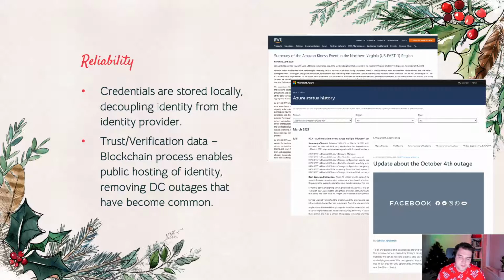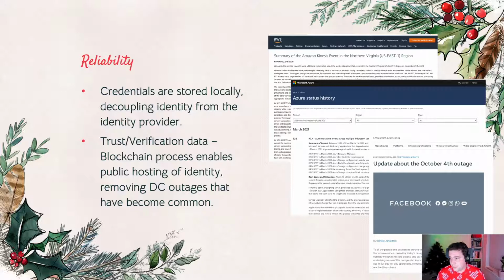The way that works is by not relying on a centralized service or centralized data centers, centralized network providers, and instead storing the verification information, the root of trust, globally on the blockchain network, right? Because of the way the blockchain works, being publicly hosted by multiple different people in multiple different locations, and also having consensus on what is legitimate, you end up with a super reliable solution that avoids common things like DC outages. Not a dig at any one provider, but they do happen, right? So in the last 18 months, you've seen, last week, an AWS outage in US East 1.